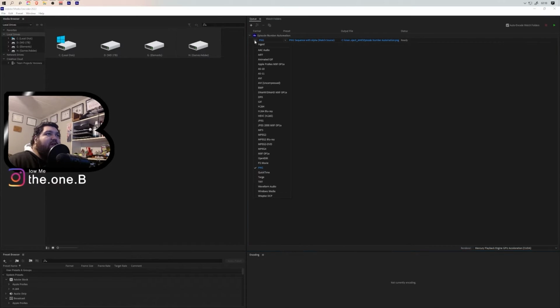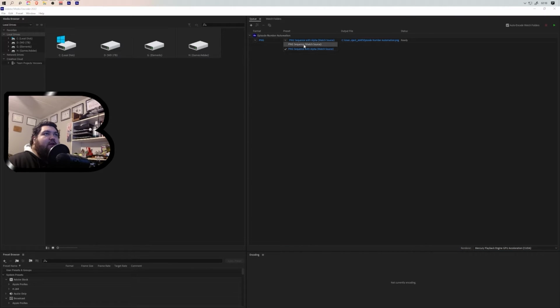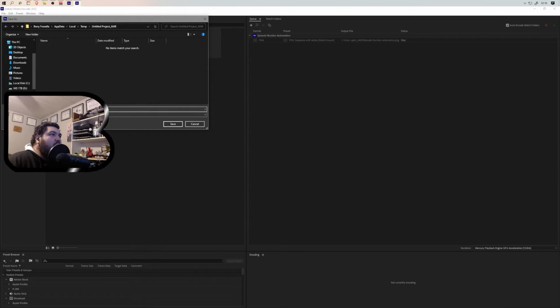Okay, so then when you go in here, you have a choice between all these things, and I chose PNG. And then you can come in here and you can do sequence match source or sequence with an alpha. And then you want to go in here and you want to give it a name. And so what I did is the 1B plays, house flipper,